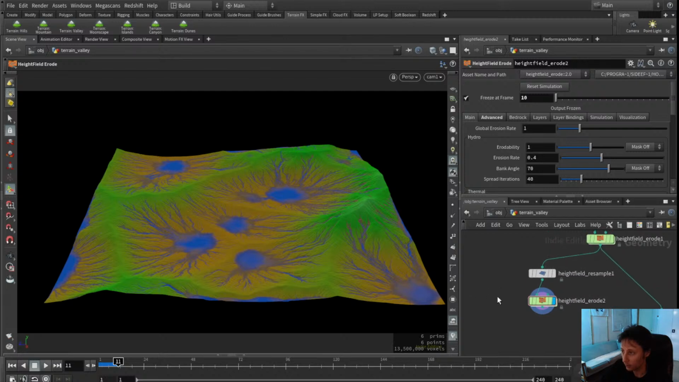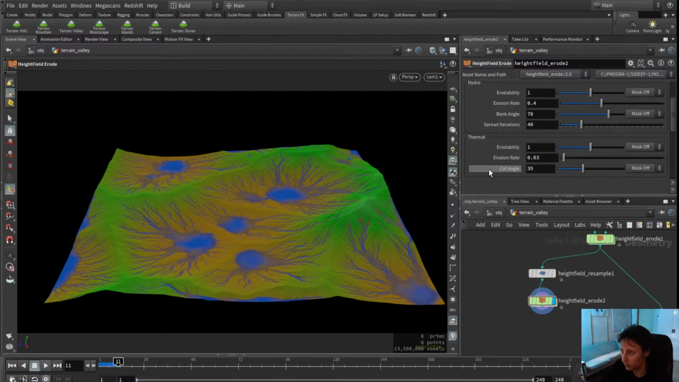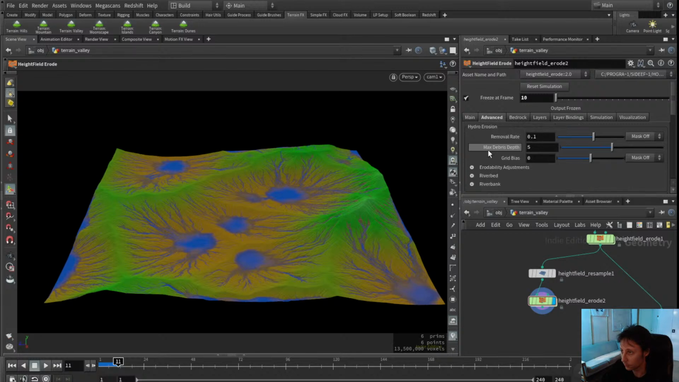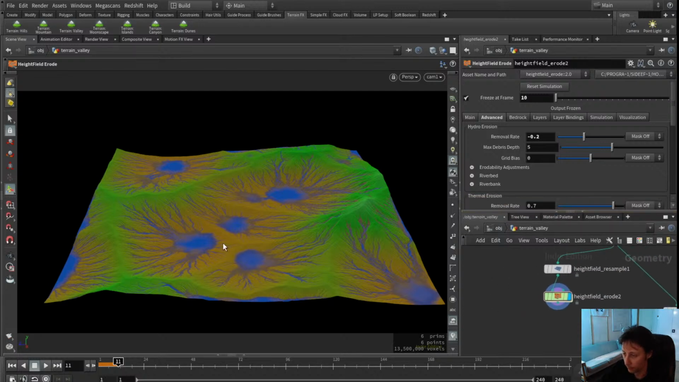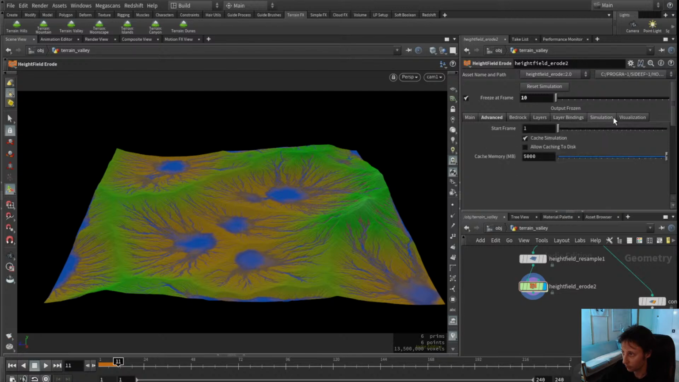And actually, let's make the removal rate negative. You can make this negative, and it will sort of build up more debris. The hydro erosion basically means where it's carving away the rock, the sand that's created is less dense than the rock, the debris that's created. And we're going to use that because we're also going to go in here and